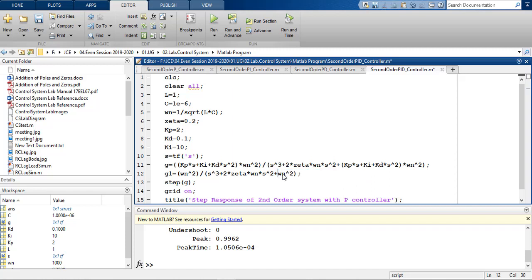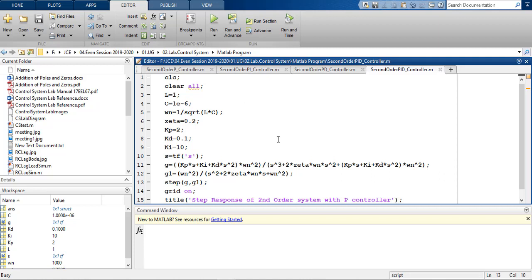And moreover, the denominator would change. This would be S, and this would be S squared. So G1 becomes the transfer function without the controllers. So you can compare G and G1. Okay, so you can write step of G comma G1. So you can compare these two together.